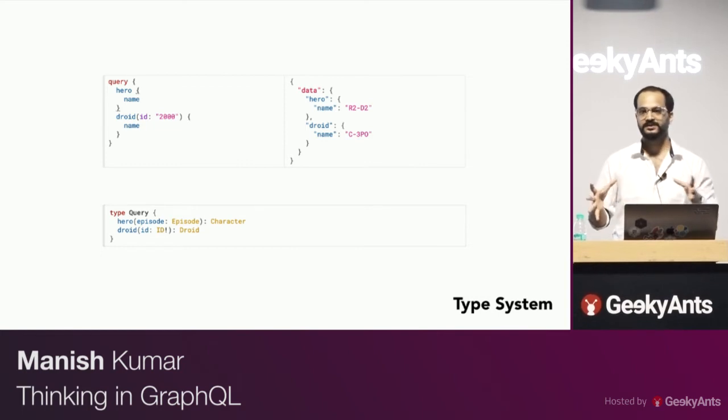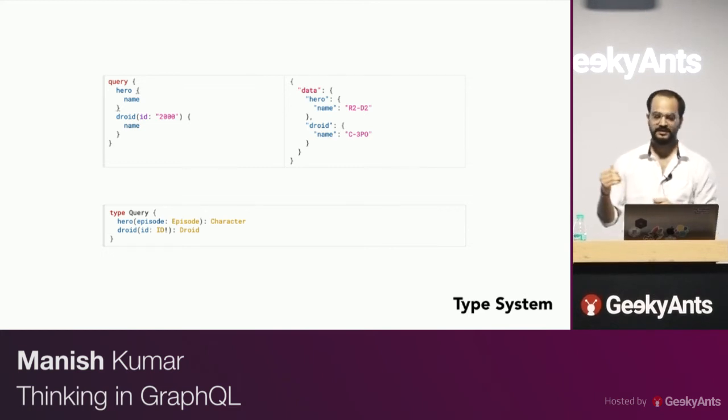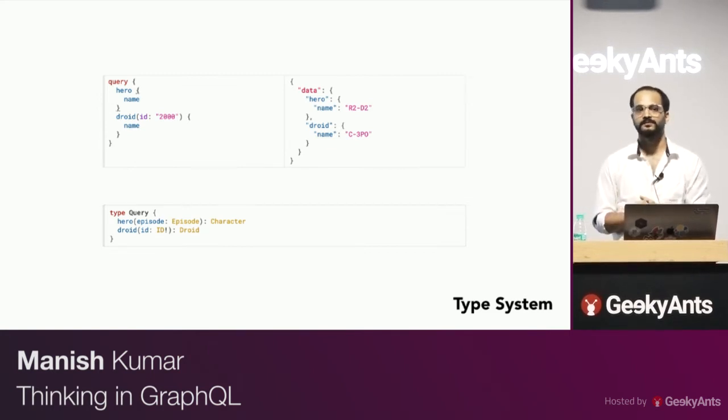It has its own type. It's called SDL, GraphQL Schema definition language, where you define the types of your data model basically. So if your domain covers 5 different data model entities, you just define the type of those.